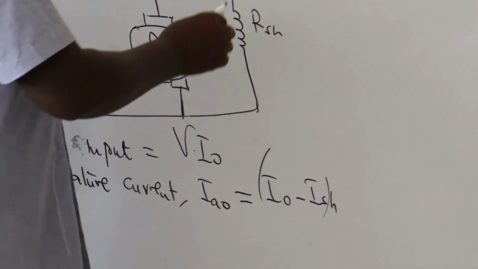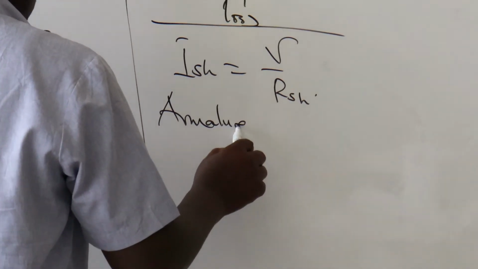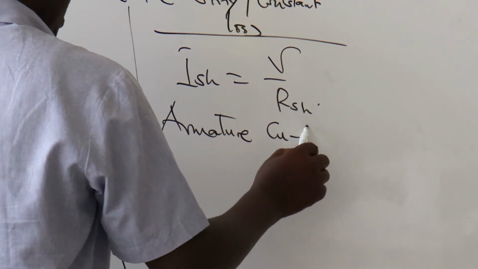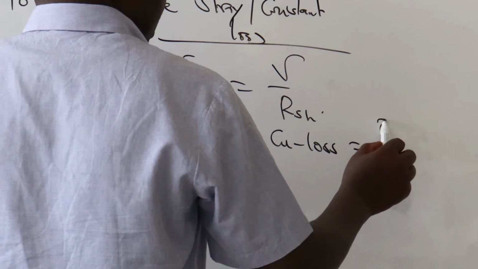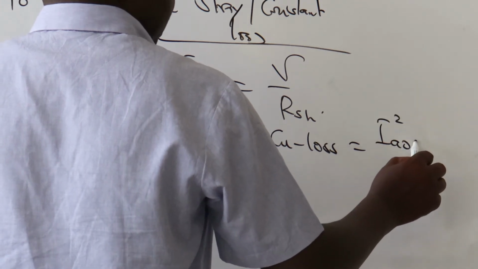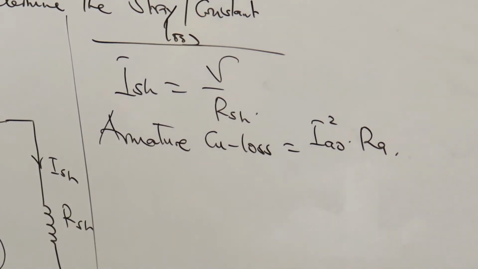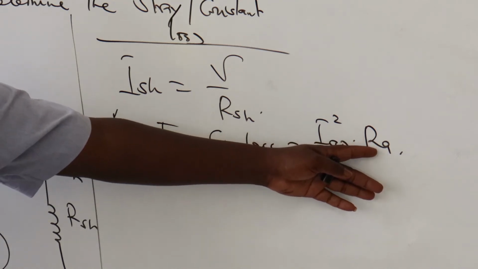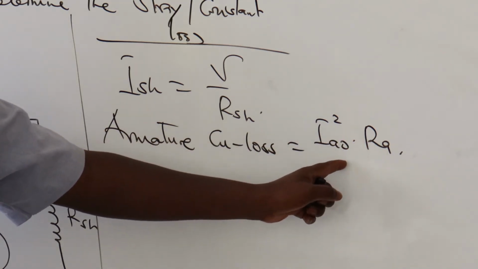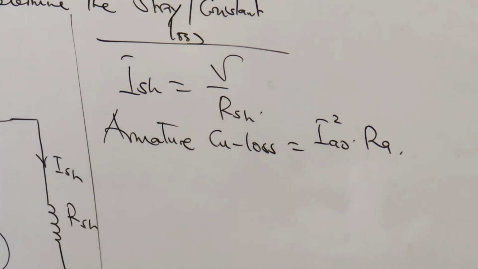And therefore we can get what we call the armature copper loss. The armature copper loss will be given by I_A0 squared R_A, right? I_A0 times the armature resistance. And once we get that, therefore,